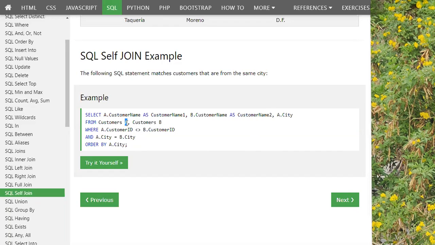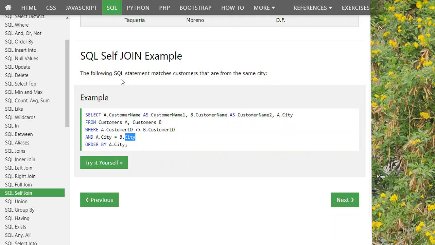That is why the first reference will be named A and the other reference is aliased as B, where A dot customer ID is not equal to B dot customer ID. Because if it is matching, then probably all the tuples would be retrieved, and A dot city is equal to B dot city.